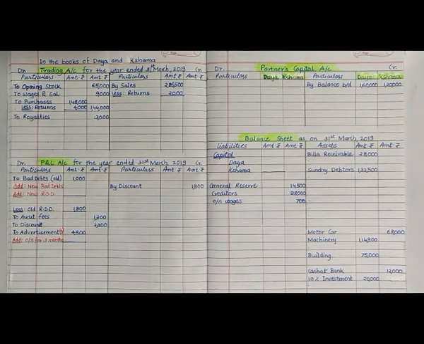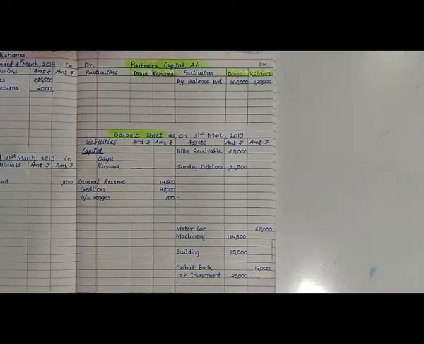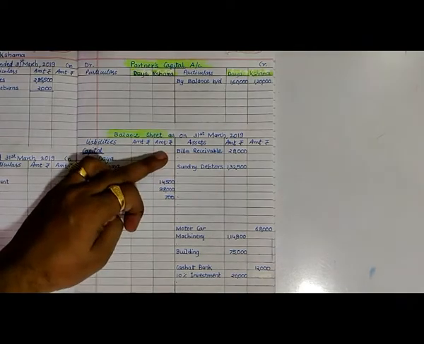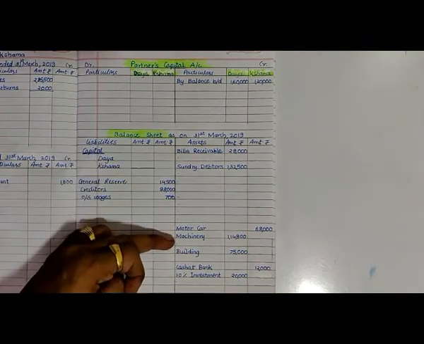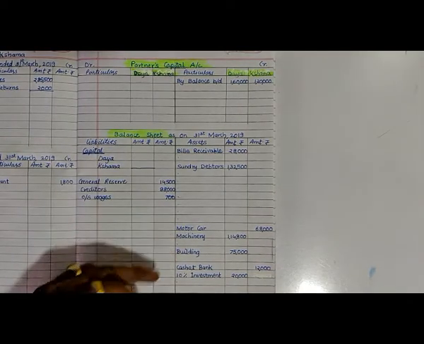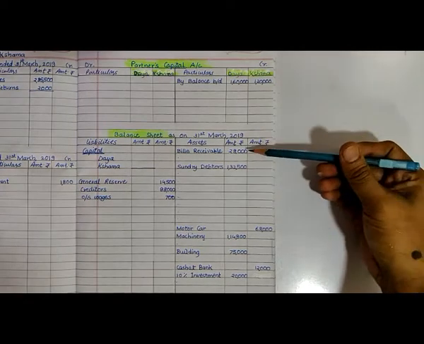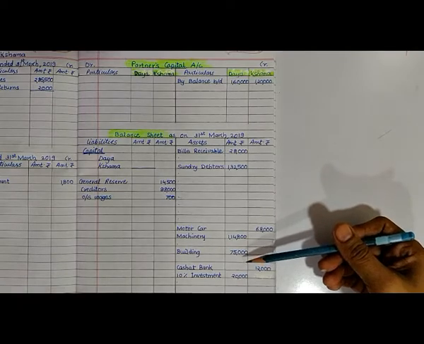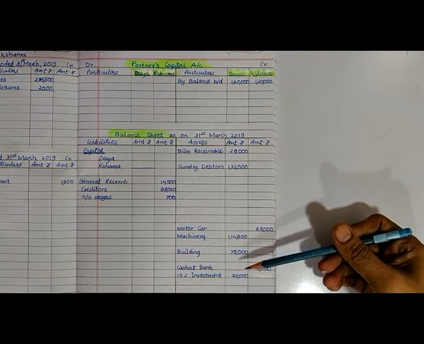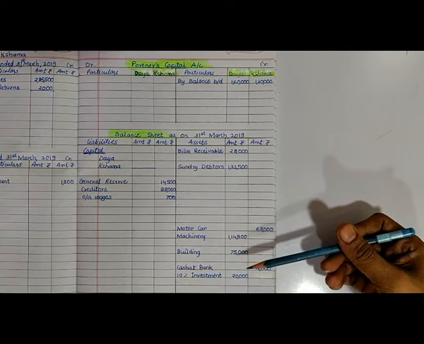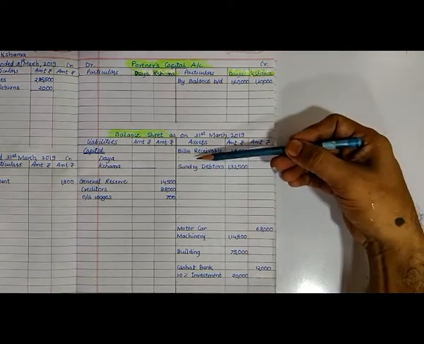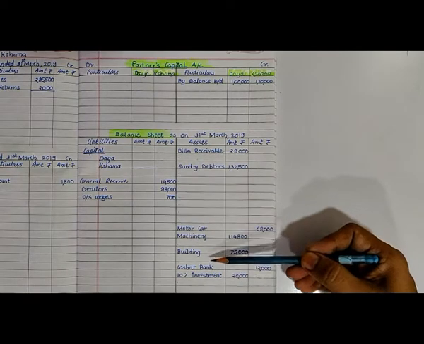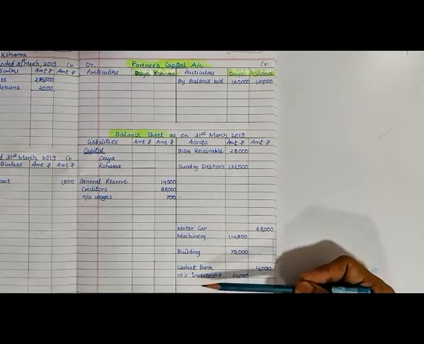If you observe all the postings like bills receivable, sundry debtors, machinery, buildings, etc., I have recorded all of them to the inner column as there is an adjustment on these items. And one more thing that you should notice is for every adjustment I left one line. For every adjustment you should leave one line.